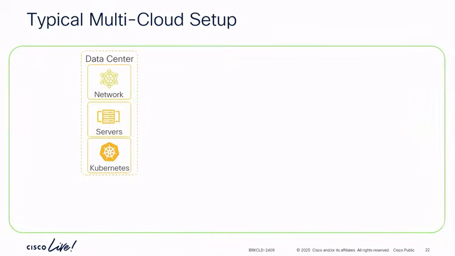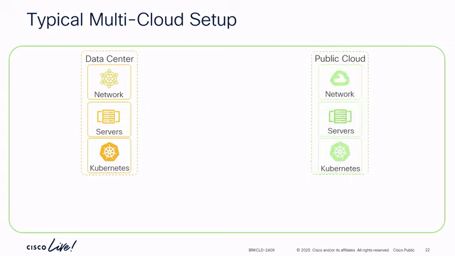So a typical multi-cloud setup might be something like this. We have our data center in Berlin. We have our public cloud. The workflows between the teams on-premise are pretty unclear. I have my automation, you have yours. Mine runs on my laptop, yours runs on Ansible Automation Platform or Terraform, or maybe you have GitLab. There's probably not any integration between the modules. I run mine first, you run yours second, he runs his third.